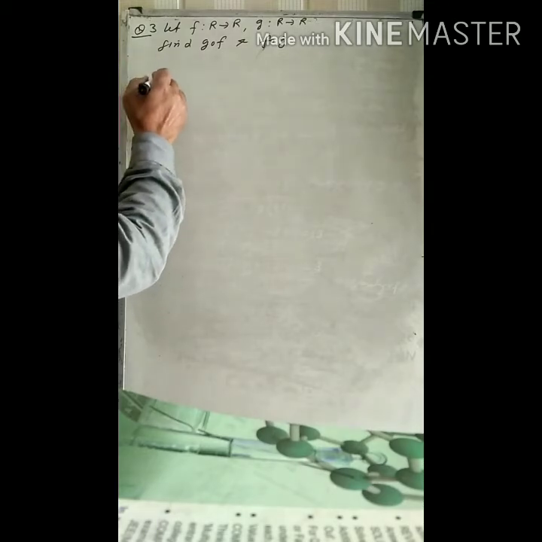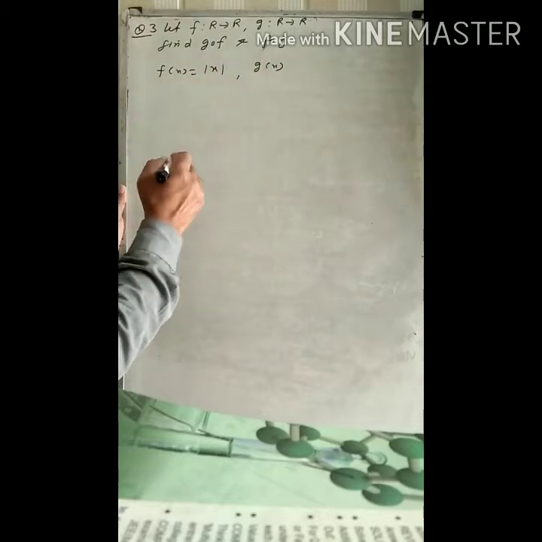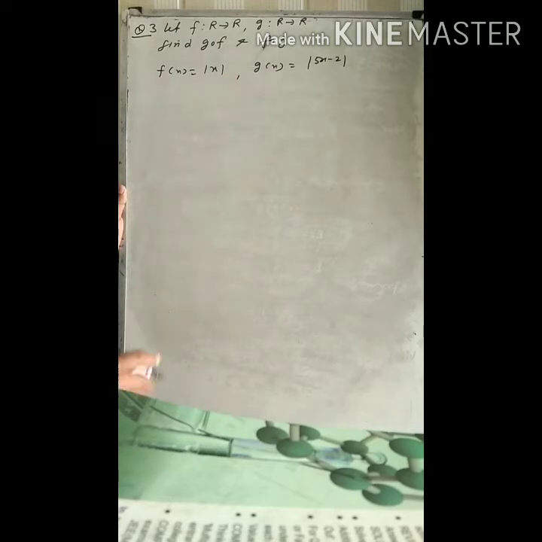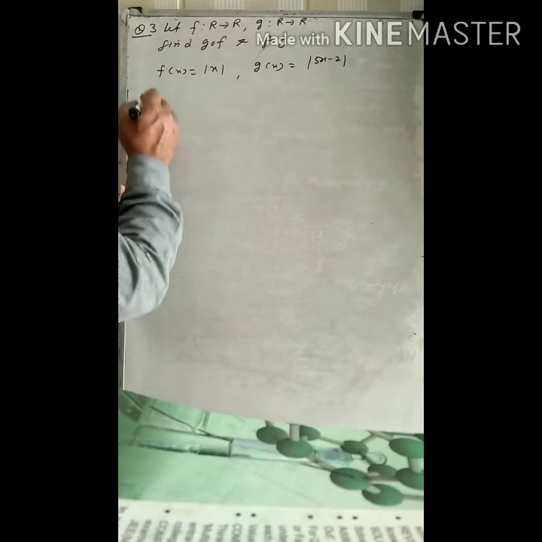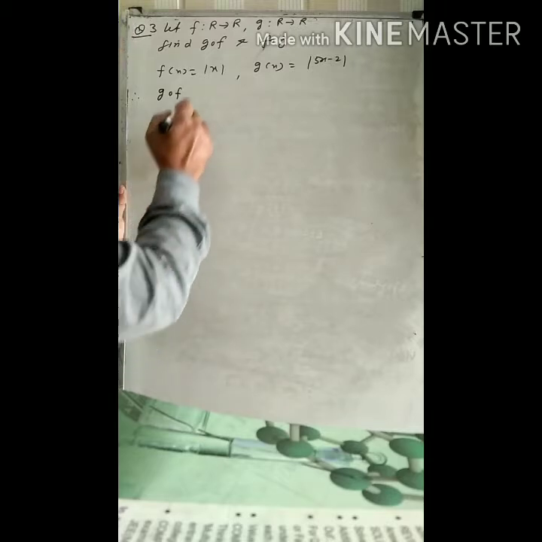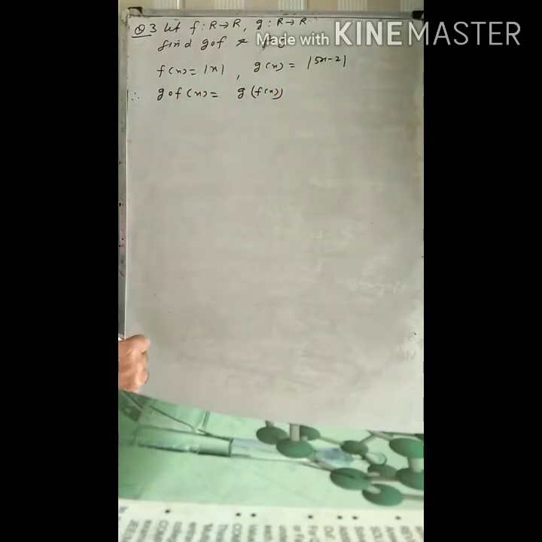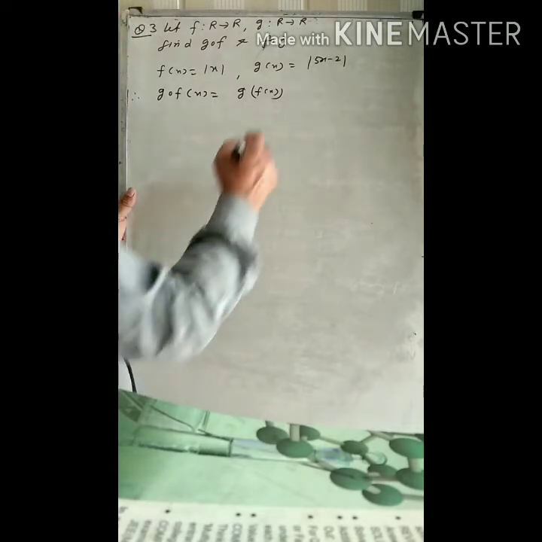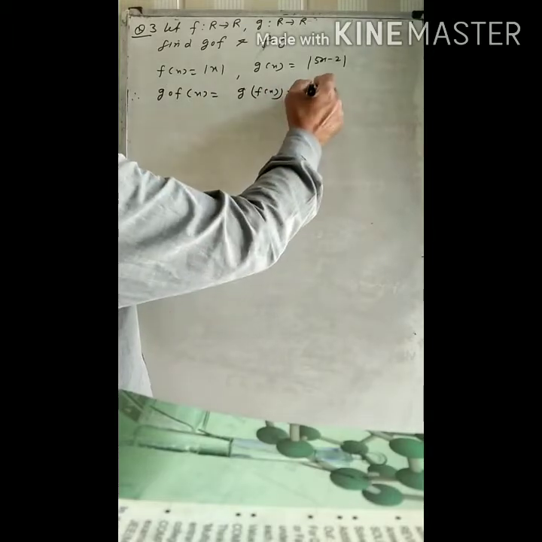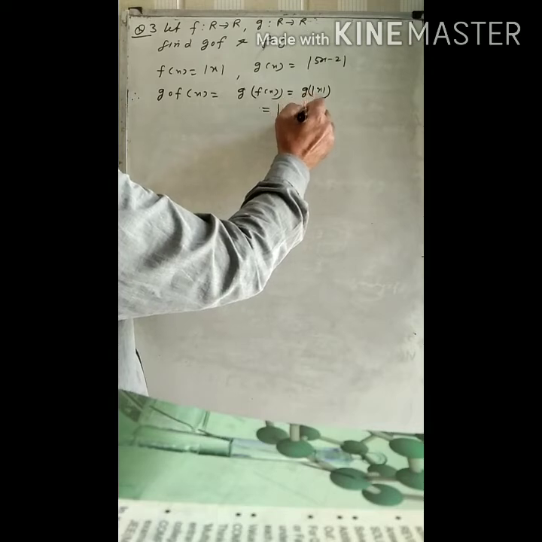देखिए, fx is equal to mod of x and gx is equal to mod of 5x minus 2। तो therefore gof of x is equal to g of fx और fx क्या है, mod of x। g फंक्शन में जहां भी x लिखा है तो mod of 5 into mod x minus 2।